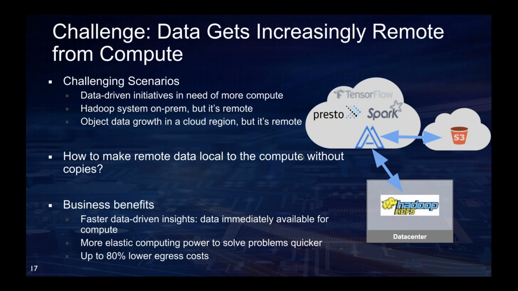Then you can utilize the resources in the public cloud for this demand and to train your models. And if you can do this efficiently, you can reduce your egress costs. You don't want to always copy data from the cloud to other places, because cloud providers will charge you on top of that.